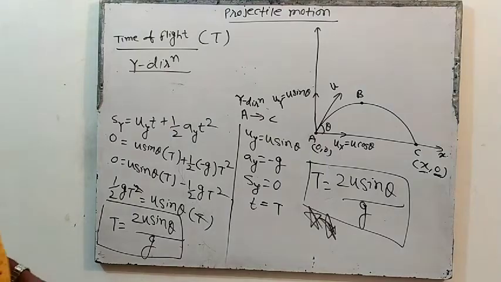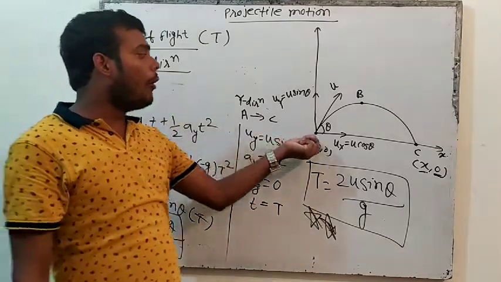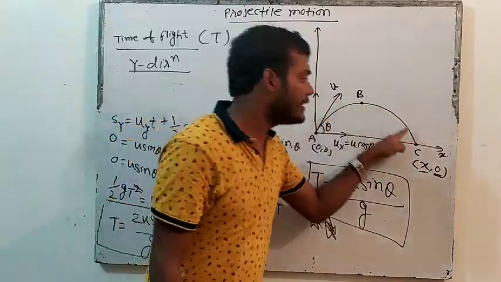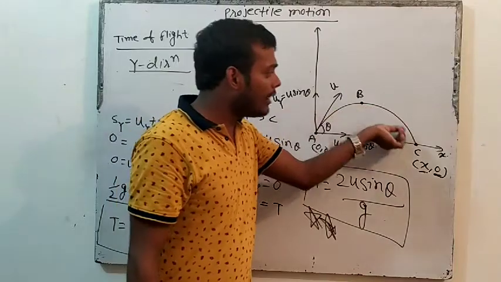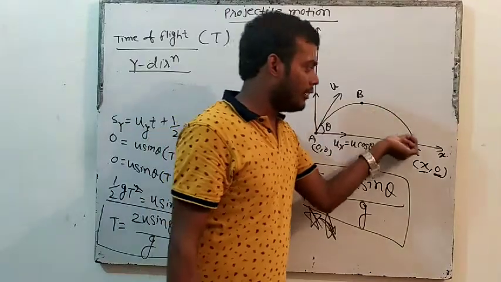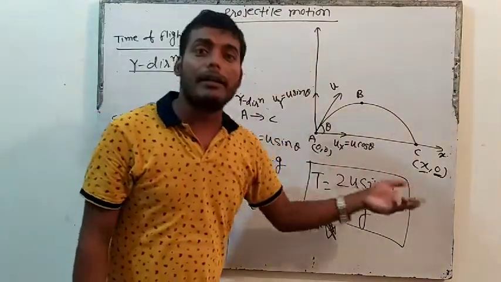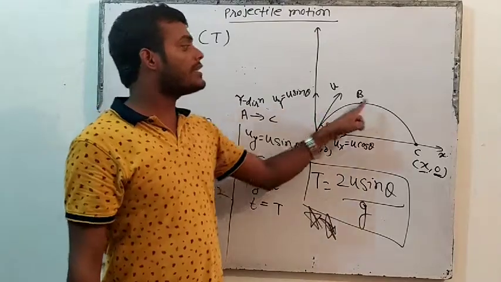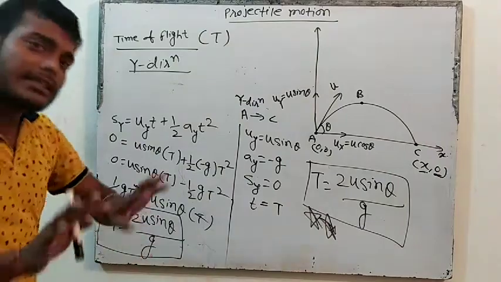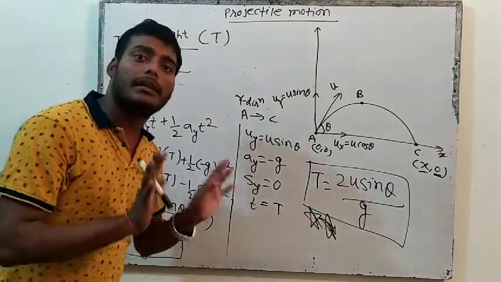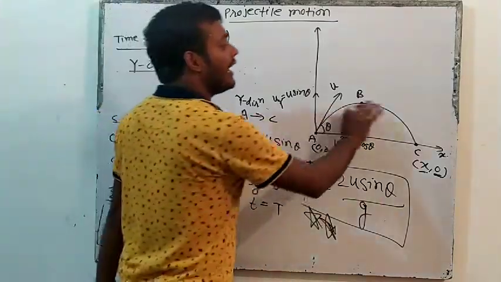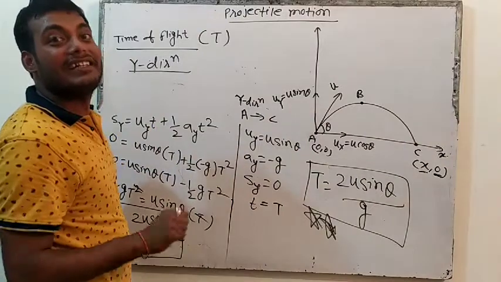So what is T? Time of flight means how much time it will take when the object goes from A to C. While the object goes through this path, it will take some time, no? When the object is going like this, ting, it is taking some time to cover this path. That time which the object takes going from A to C is known as time of flight. No one will ask you the definition, just understand the concept. Physics is all about understanding the concept. So how much time will it take? Time of flight means when the object is in air, when the object is flying, how much time it is taking. That is time of flight. Clear?